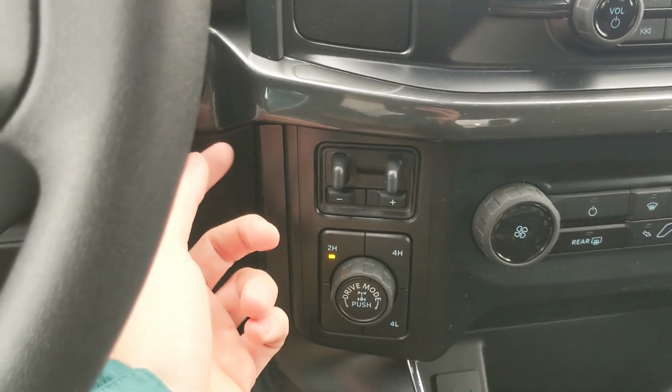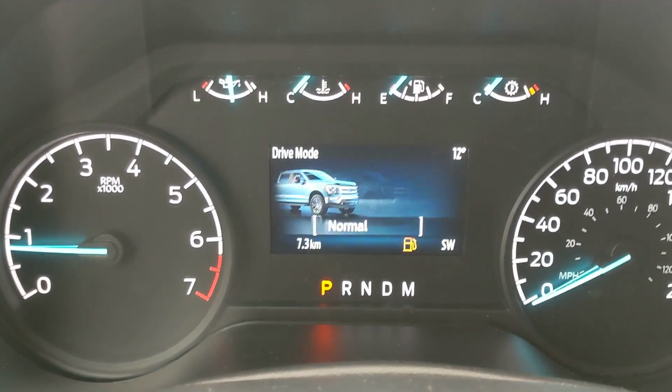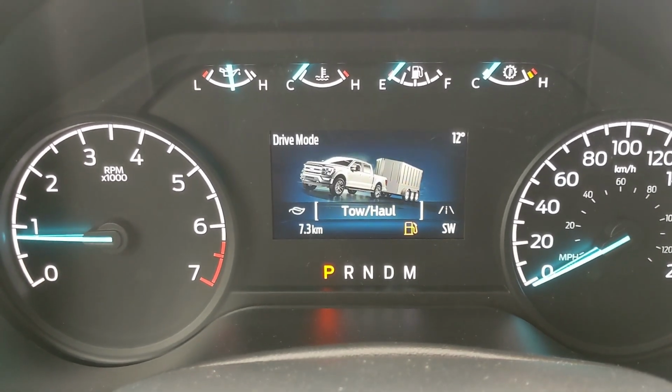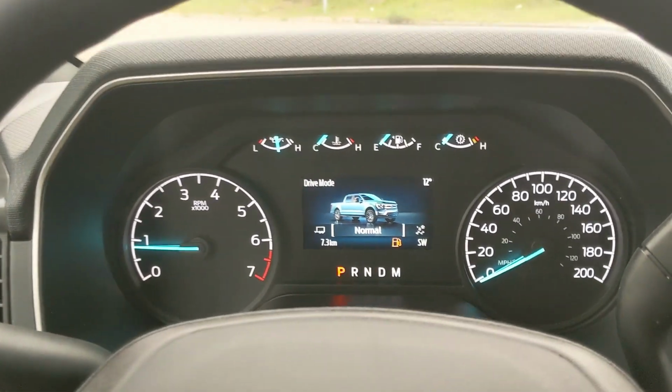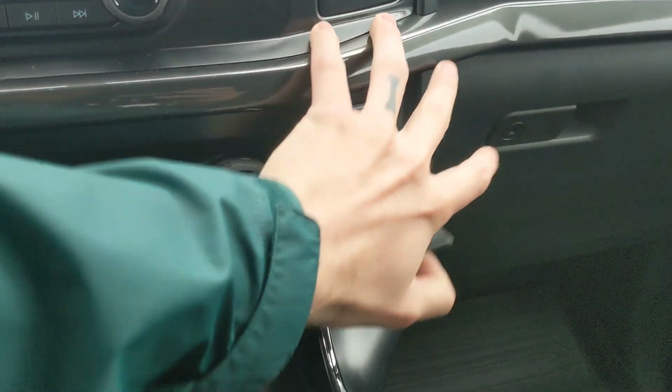To the left, you have your trailer brake controller and 4x4 controls with a locking rear differential and drive mode selector for normal, slippery, deep snow, sand, mud, ruts. And then on the opposite end, you have tow haul, eco, and sport mode, so you can customize your driving experience a bit there. Moving on to the right, you have a 12-volt as well as a USB and USB-C,